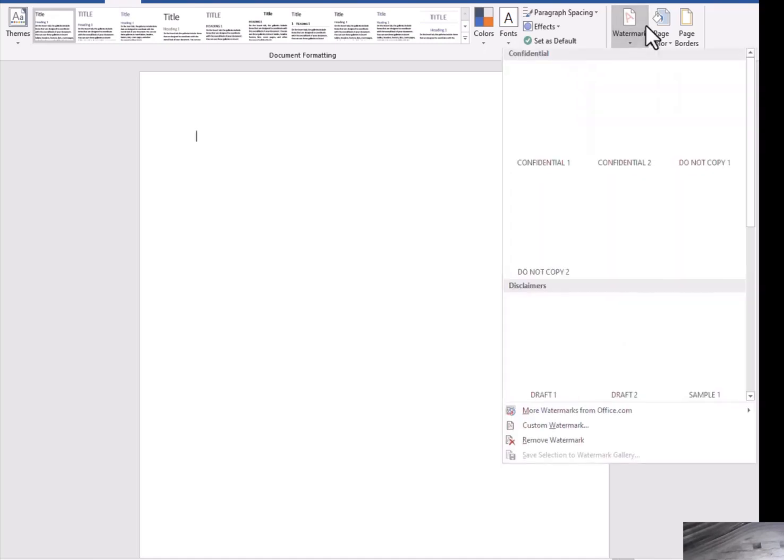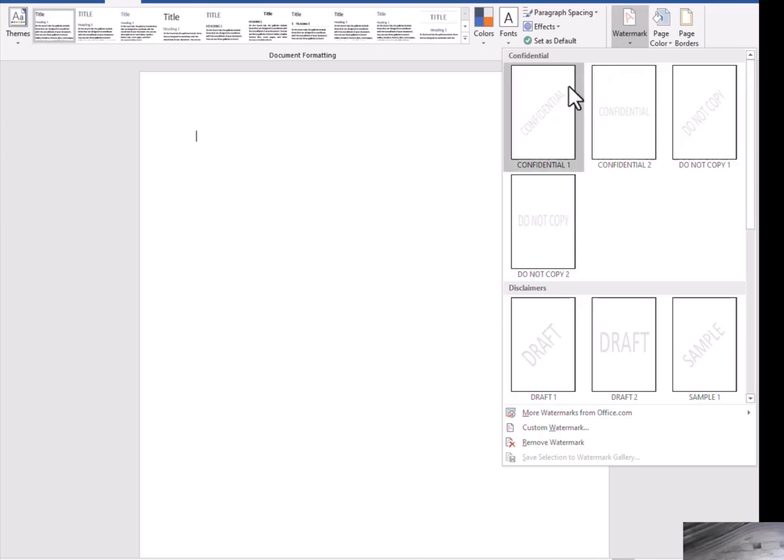So just click on watermarks, and you have options. You have what says confidential, and they are arranged in two ways. You can have the diagonal one and the horizontal setup. So confidential are of two kinds: confidential 1, confidential 2. But the way they are arranged, you have the one that is diagonal and the one that is horizontal. Then there is another option that says do not copy,